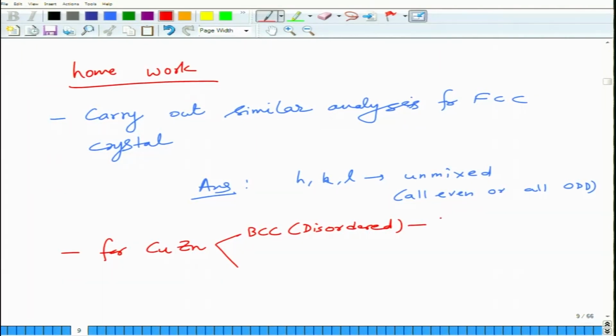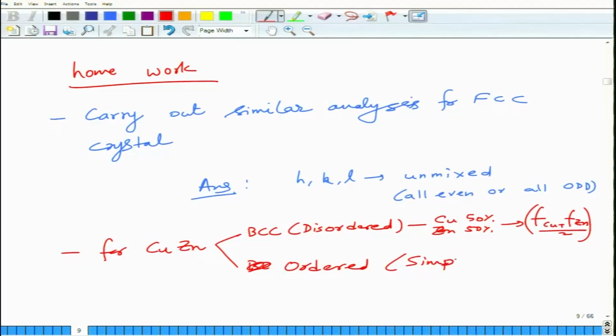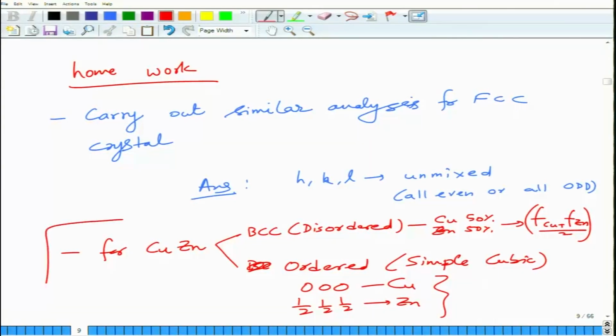So, you consider there as two atoms, Cu at 50% and Zn at 50%. So, F will be F_Cu plus F_Zn divided by 2. For BCC, for an ordered crystal, it's simple cubic, and here you have one atom at 0 0 0 which is copper, and another atom at half half half which is zinc. So, you will see that order-disorder transformation in crystals can be seen very easily only through X-ray diffraction,